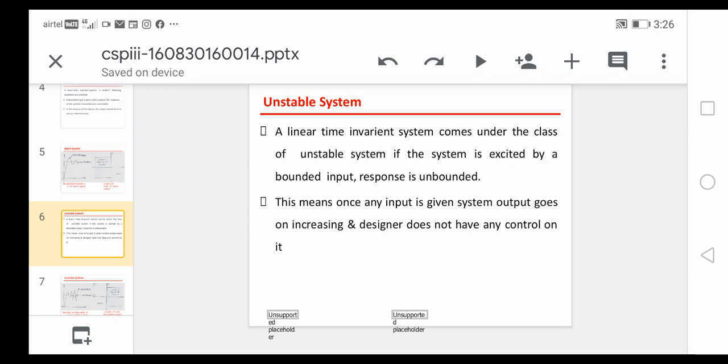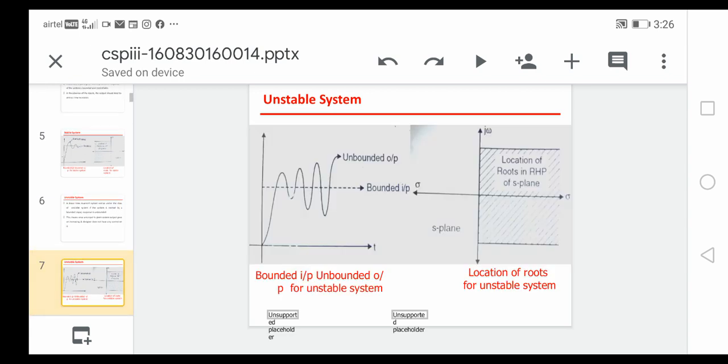An unstable system is nothing but for a bounded input, the output is not bounded. That means we cannot expect the output. That output is not going to be controlled by us, or by the input. That particular type of system we call an unstable system. Here we are seeing in this graph the variation of the sine wave, it is going to be unbounded. It will be increasing continuously, and up to where it will go, we don't know.